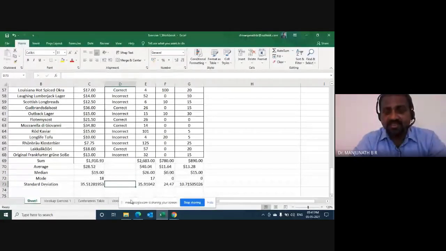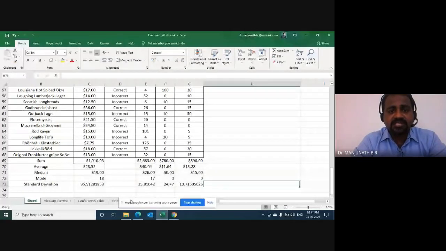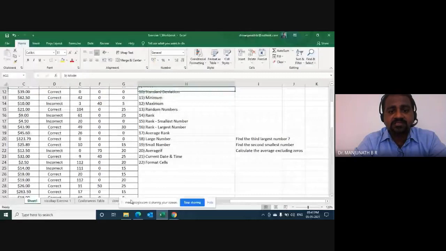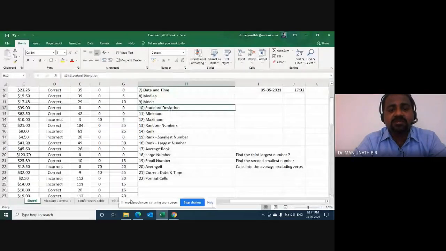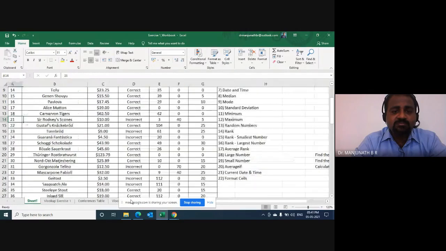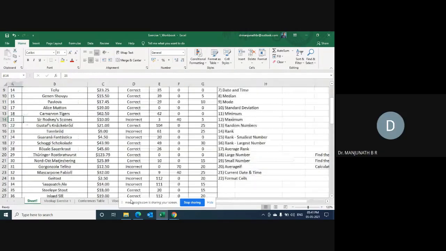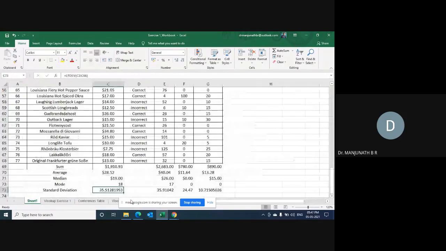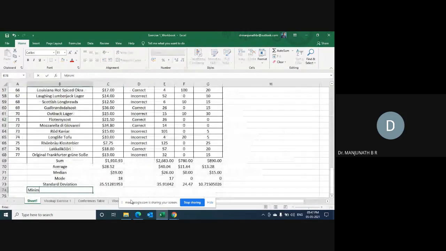Now, let me go to the task here to see what we have after the median, mode, and standard deviation. We have something called the minimum and maximum. So let us get the minimum and maximum for all the columns, just like how we got median, mode, and standard deviation, for columns C, E, F, and G. I'll write here just below the standard deviation: minimum.